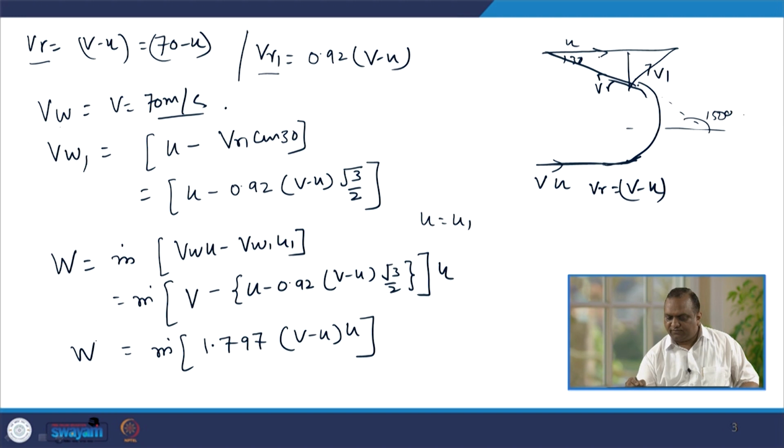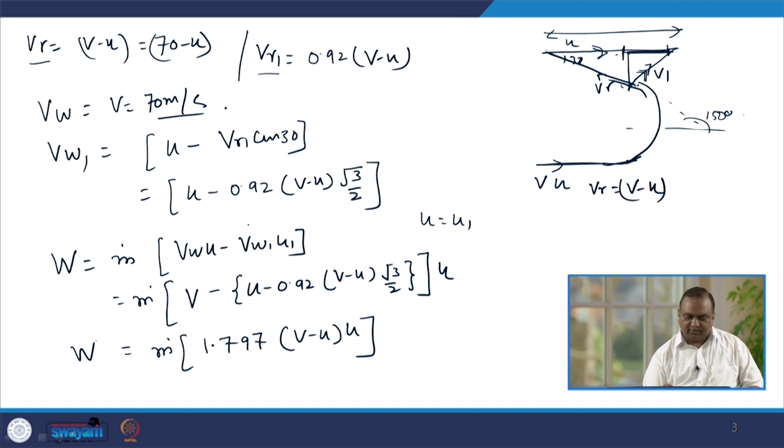This is the vector for peripheral velocity. So, this is the absolute velocity through which the fluid is leaving the vane. Now, the horizontal component of this velocity is this one. So, we have taken u, this is total u, minus VR1 cos theta. So, we will be getting this vector, right. So, this is how we got the whirl velocity at the outlet. The value of u is equal to the value of u1 for the vane, and then we got the output.